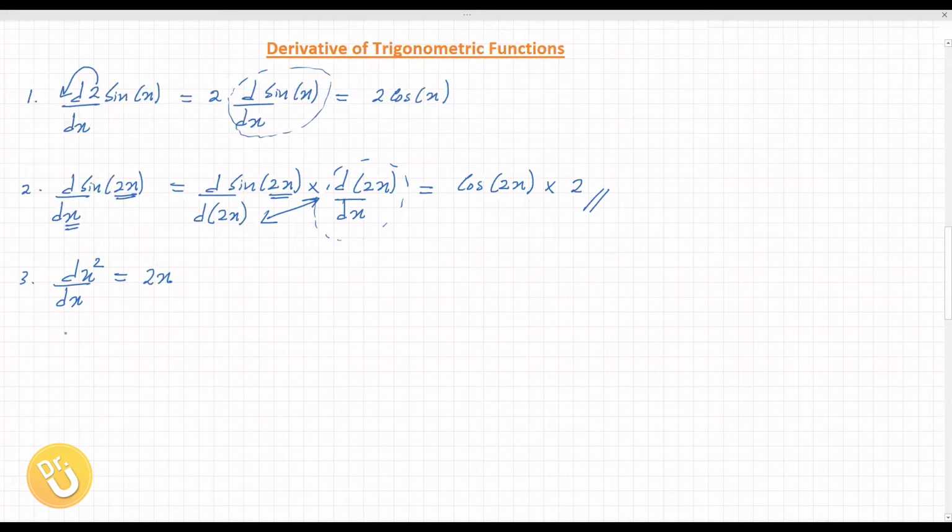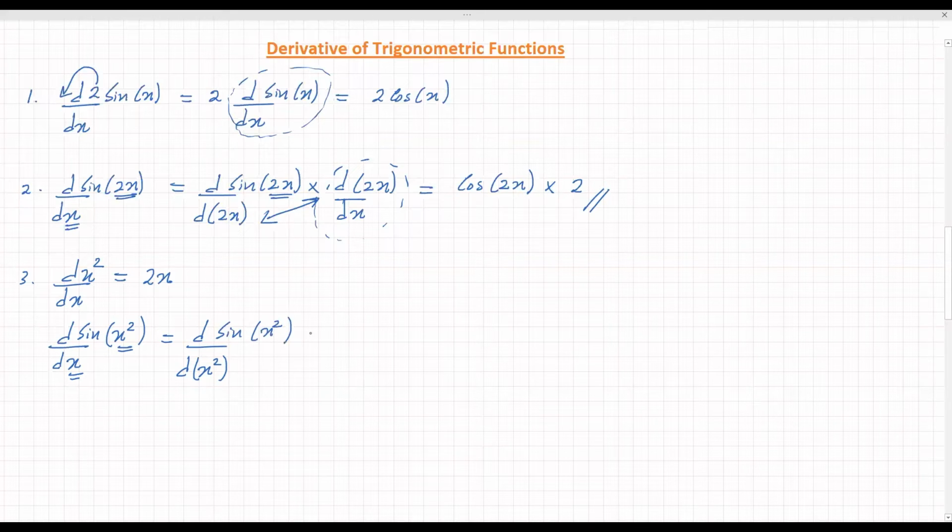So how do we incorporate this in trigonometry? If you have the question d/dx of sin x squared, then again you have to use the chain rule, since the variables are not matching each other. So I am going to have that construction here, with d(x squared) here and dx in the denominator. Now you will get the answer as cos of x squared, and then the answer to this one using the power rule, which is 2x. So that's the answer to that question.